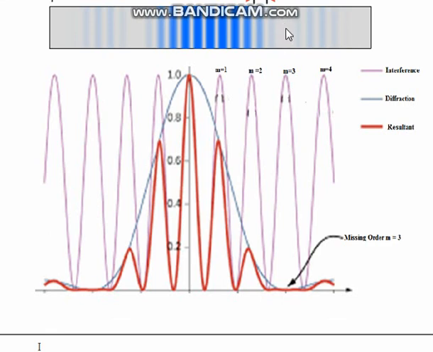The light must appear because there is a maximum of the interference, but at this point the maximum band is disappeared. There is a dark band here. That's why m equal to 3 is the missing order. And similarly